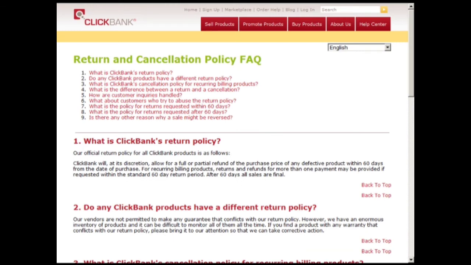Now the last thing that you want to add to the pitch page is the money back guarantee, which means that if somebody purchases your product and wants a refund within 60 days, you are going to have to give it to them. Because if you're going to add your product onto the Clickbank system, Clickbank requires that you give a standard 60-day return. And as you can see, if you go to Clickbank and look under their refund and cancellation policy,